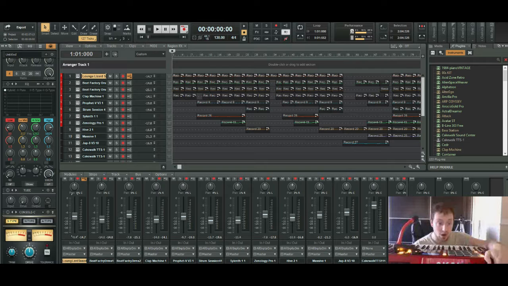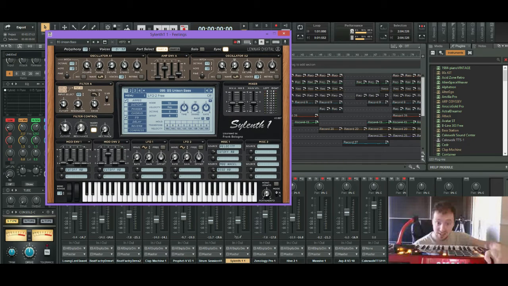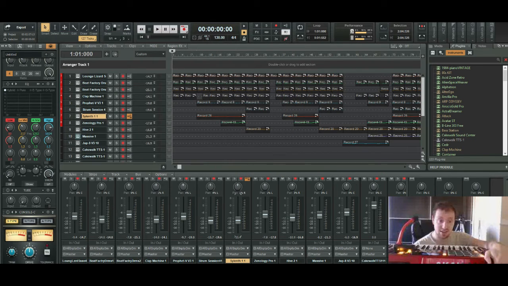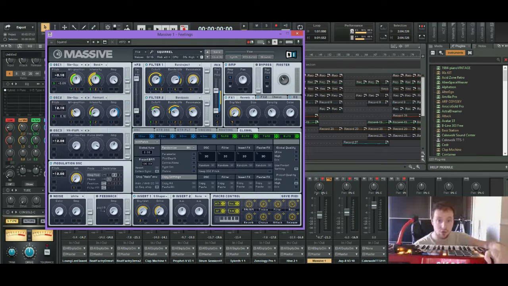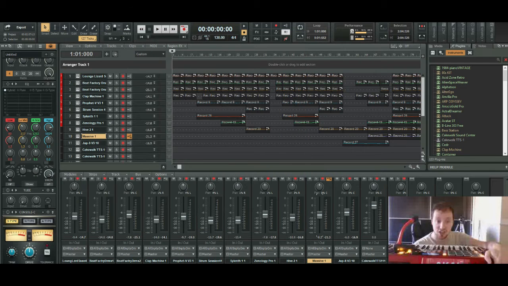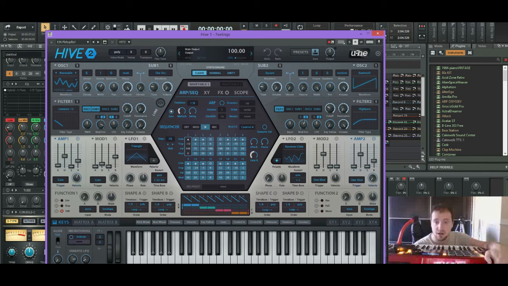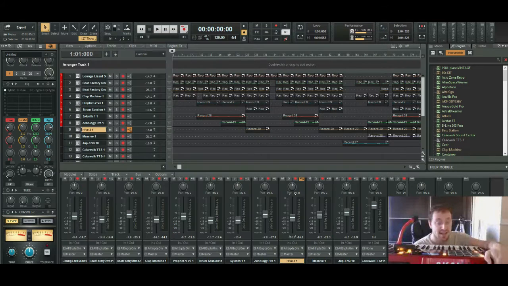I have Silent One. Yes, before you guys even say anything, this is legit. I bought it. And Massive, obviously, it is signed under me. There's no watermarks or anything like that. This is legit. Let me just go back out here to my standard patches, and we can get started. So as you can see, yeah, a lot of new synths.